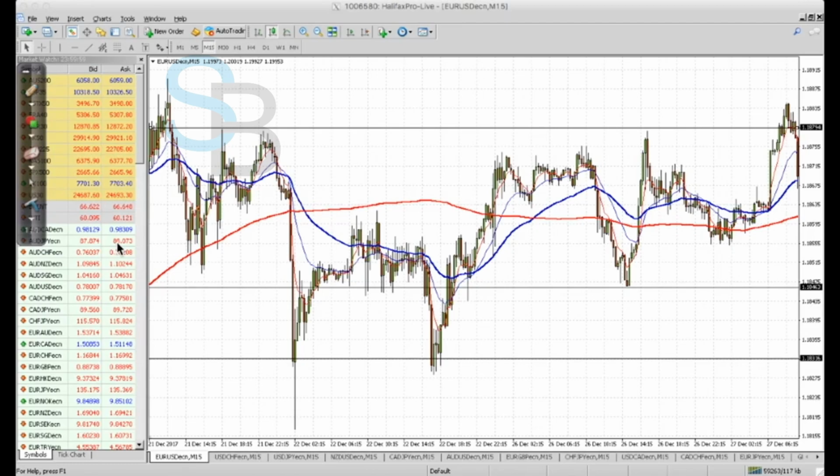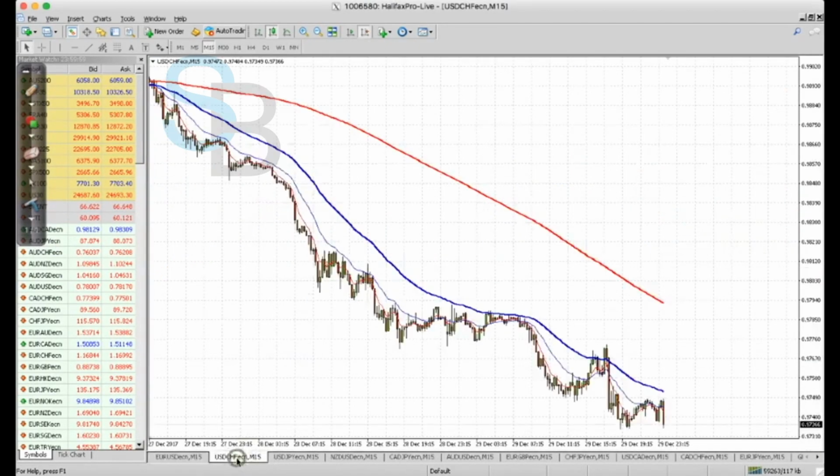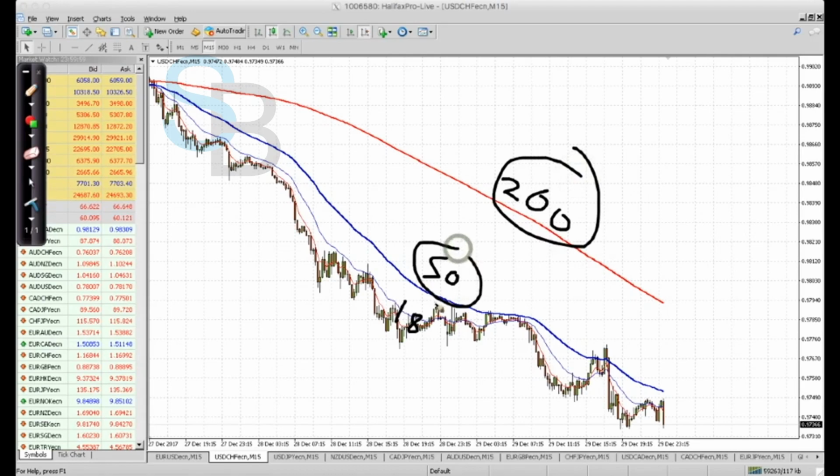All right, let's take a look at more examples. So now let's look at dollar franc. Again, on the 15-minute candles. And you can see, is it a clear downtrend? Yes, it is, because again, look at the moving averages. They're all sloping down, right? So nicely sloping down. And look at the sequence, right? 200 on top, and you've got a 50 over there, you've got an 18 over there. So whenever you've got this downtrend sequence, the larger moving average followed by the medium and the small, sloping down,